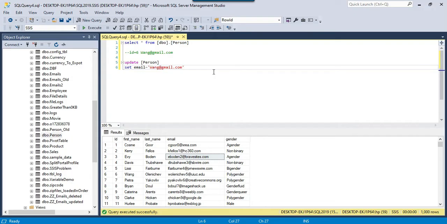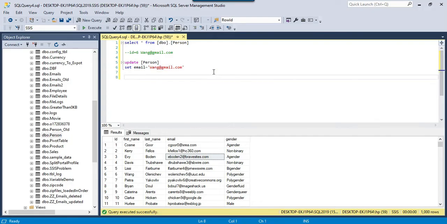Transactions provide a way so that if you are going to run some updates, deletes or inserts, you can start a transaction and then do all your updates or deletes or whatever you want, and later you can check the data. If you think the data is not good and you want to roll back whatever you have done, you can roll back the transaction. And if you are good with your modification, you can commit that transaction. If you commit the transaction, the changes will be saved, and if you roll back the transaction, everything you have done since the begin transaction query will be rolled back. So let's see how we can do that.